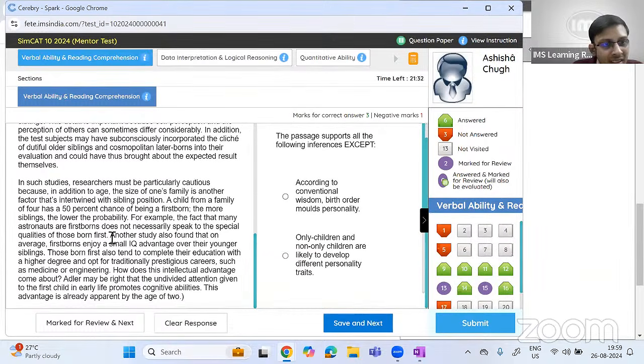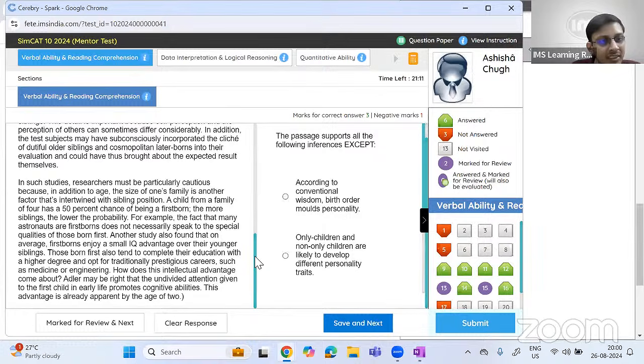Okay. Another study also found that firstborns enjoy a small IQ advantage. Okay, so first he's saying that it doesn't make you special. Then a study found that there is a small IQ advantage. Seems a bit contradictory. Those born first also tend to complete education with a higher degree, opt for traditionally prestigious